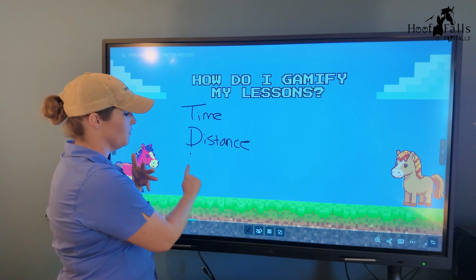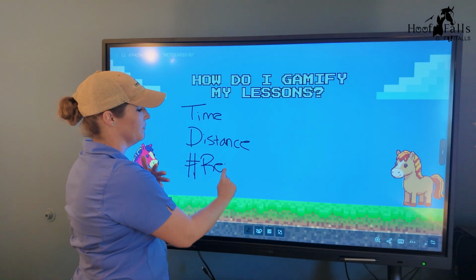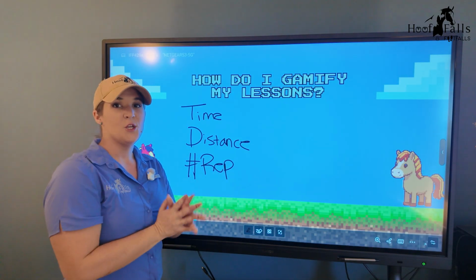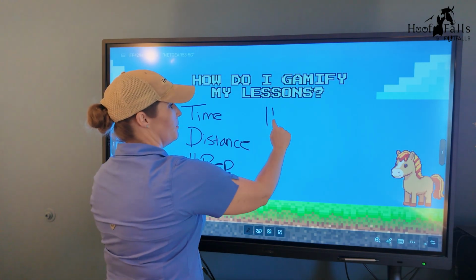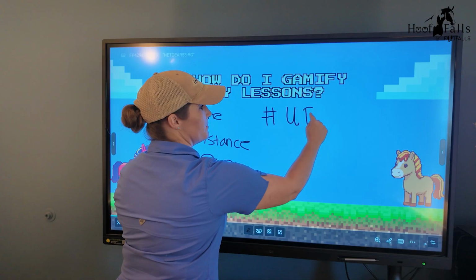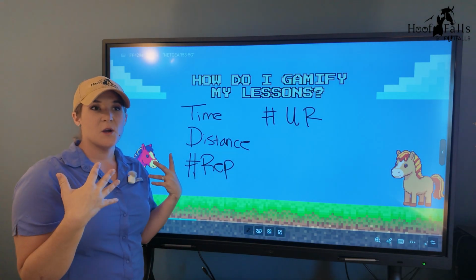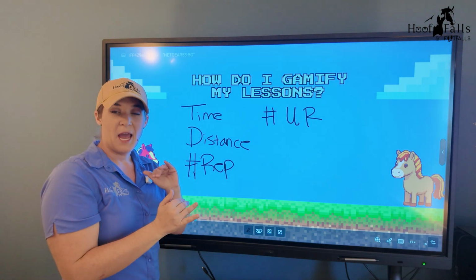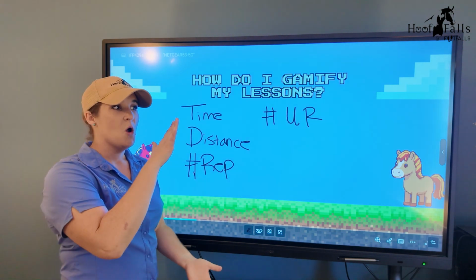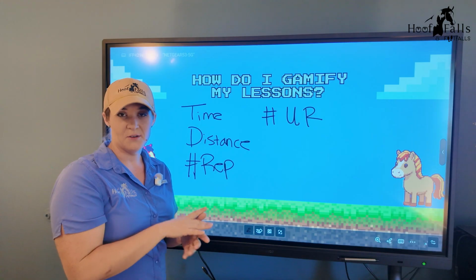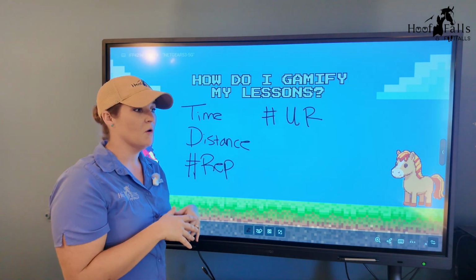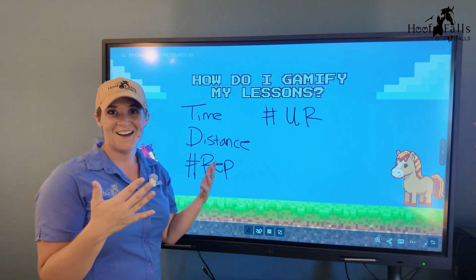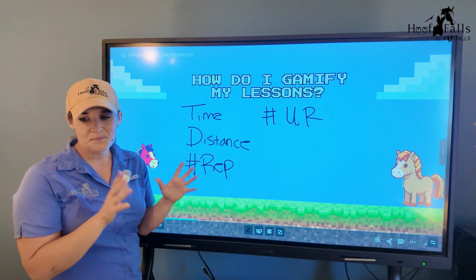Another thing that you can do as well is your number of reps. So how many times in a row are they going to do that task? You can also do the number of unbroken reps. So that could be how many times can you go up and down out of a 3-second 2-point without flopping down in your saddle. So how many soft lands can we get in a row? Or how many precision halts in a row can you get without breaking that record that you have, okay?